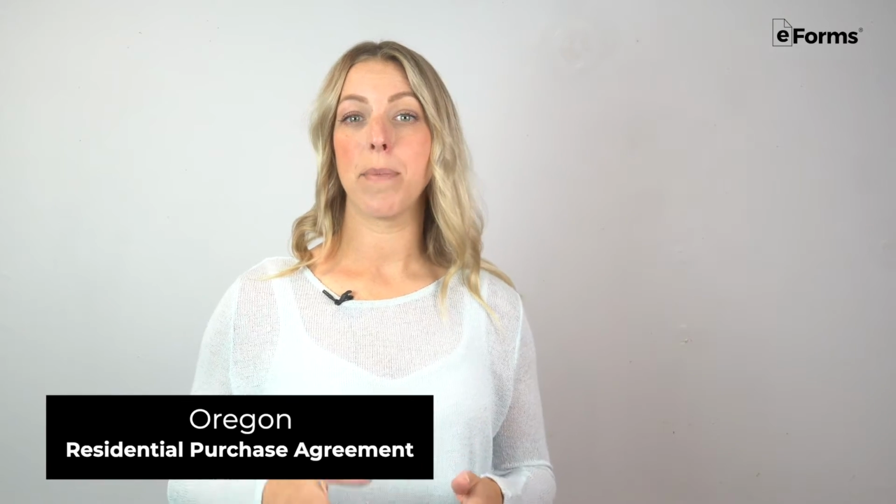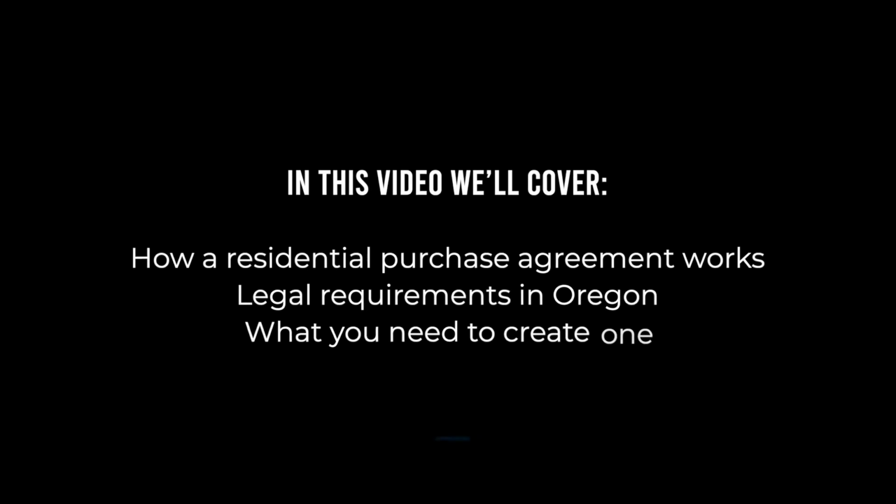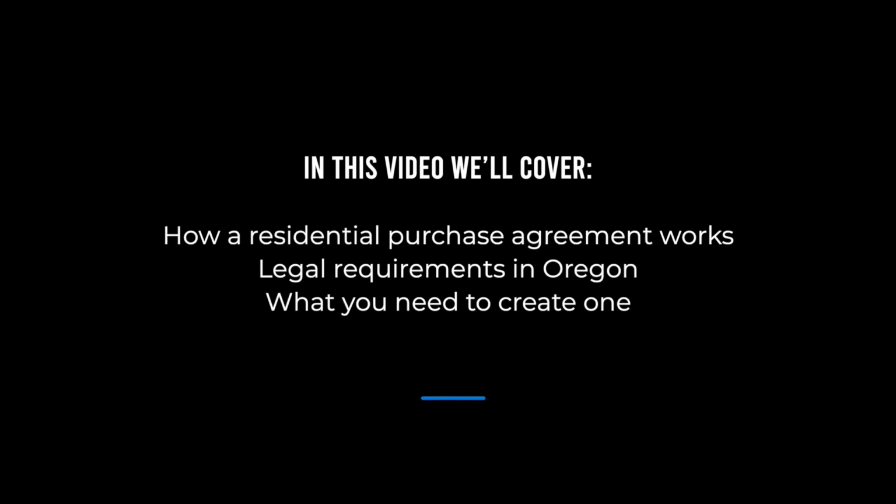An Oregon residential purchase agreement is a document that legally binds the buyer and the seller of a home to a set of terms and conditions associated with the transaction. This includes the purchase price, financing terms, expiration date, and the rights and responsibilities of both parties. In this video, we'll cover how a residential purchase agreement works, the legal requirements in Oregon, and what you'll need